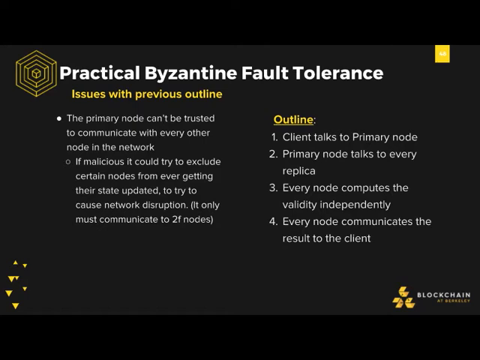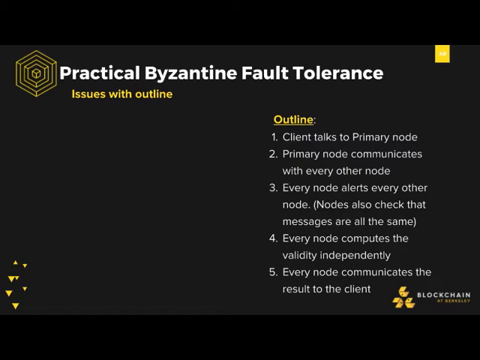So this can't work. What we can do to fix this is have you talk to the primary node, then the primary node goes and tells every node what your request was, but then we have a second layer where all those nodes tell each other what the requests were. So it's another layer of intercommunication. So is everyone following what I'm saying? I'm throwing a lot of models here, I know.